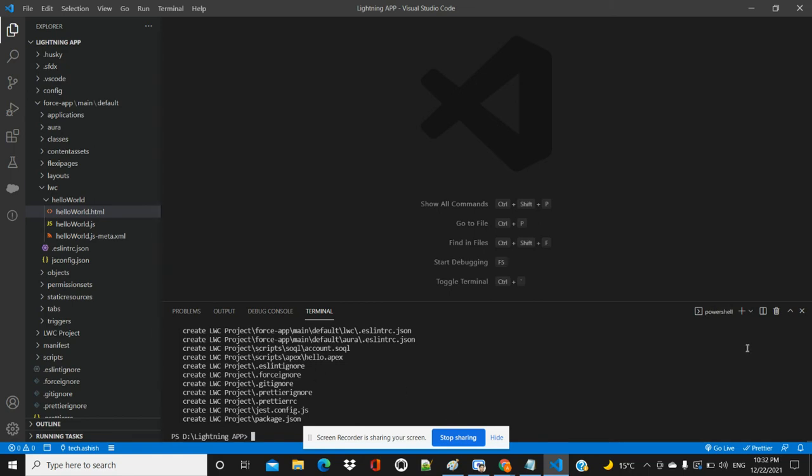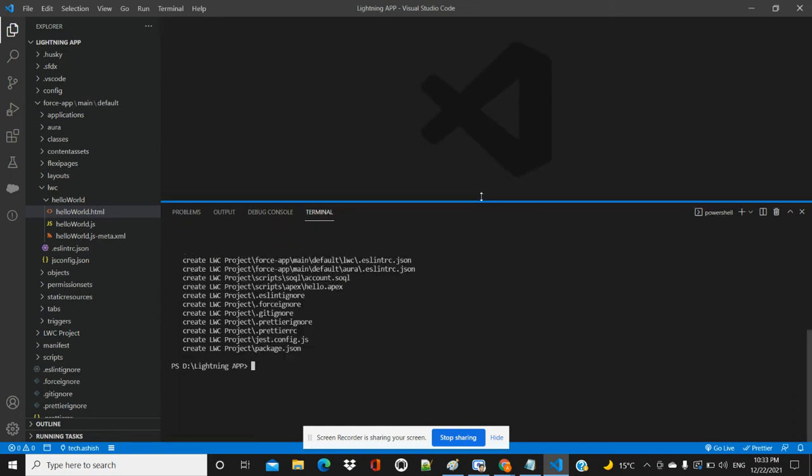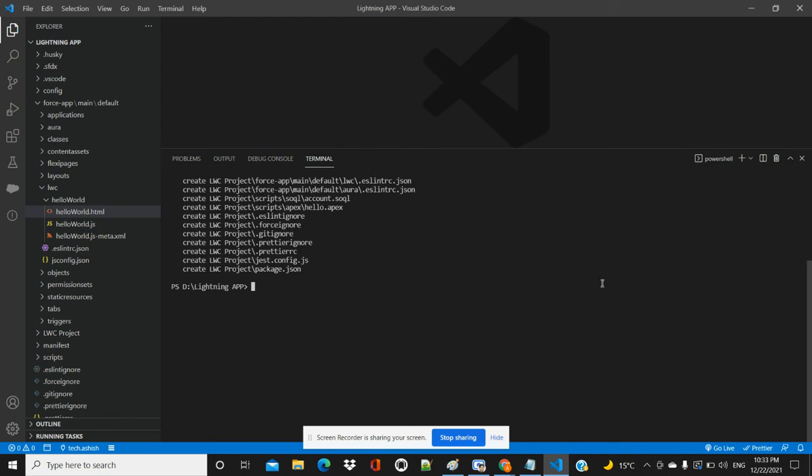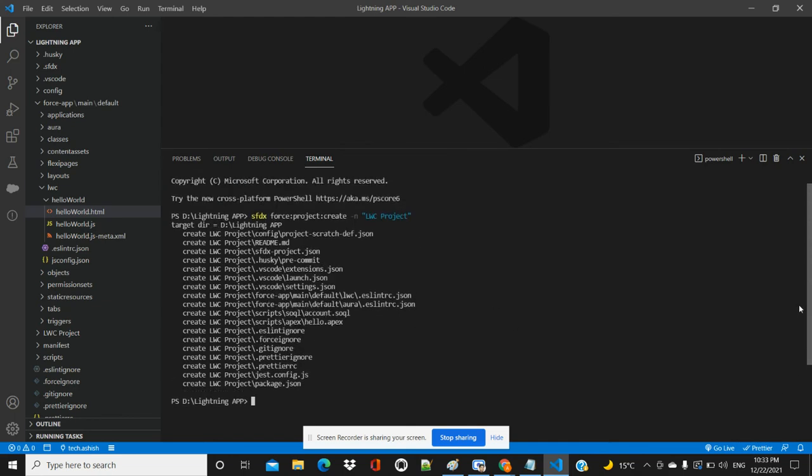Now you are able to see it has created all the package. Give me one second, I can drag it. So this is the target d column lightning app folder.